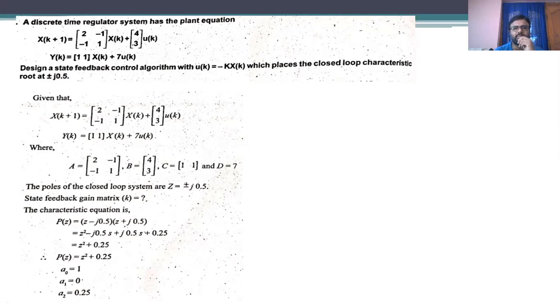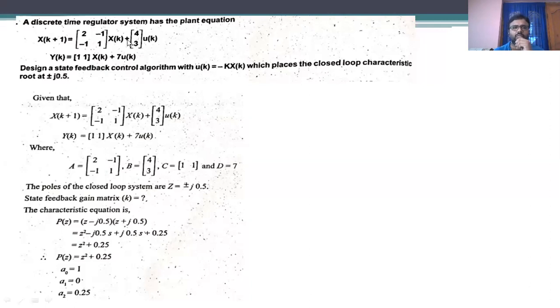For this statement, we have to determine the state feedback gain matrix. Once again, I am going to tell you that these problems are very important, and these questions will definitely be asked for 10 marks or even 14 marks. Just by understanding the two methods we have for calculation of the state feedback gain matrix, we can evaluate the solution. So try to concentrate on these problems which I am going to deliver in the next classes.